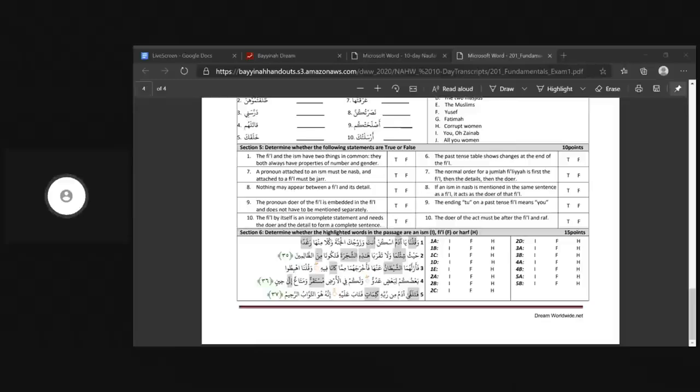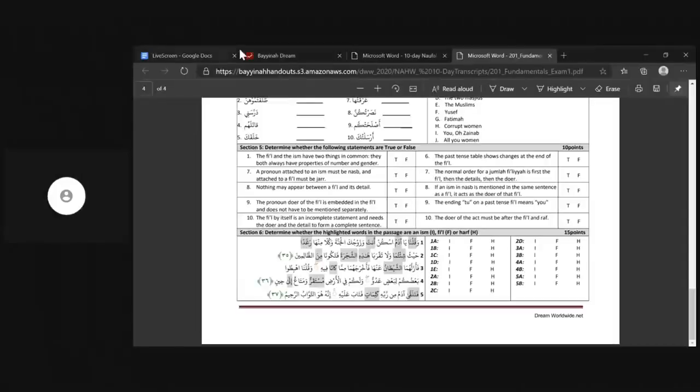Can I discuss ismul ishara? So ismul ishara, we had the chart for ism ishara. I don't know the page number off the top of my head like Ustad does. But the asma al-ishara, they were هذا هذان هؤلاء هذه هاتان هؤلاء تلك تانك أولئك or ذلك ذانك أولئك. And essentially, the concept is if you have any of these,